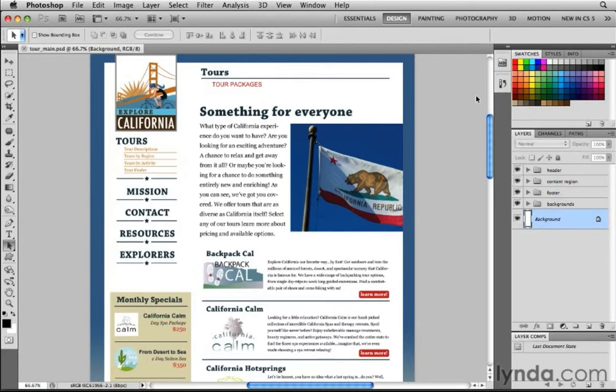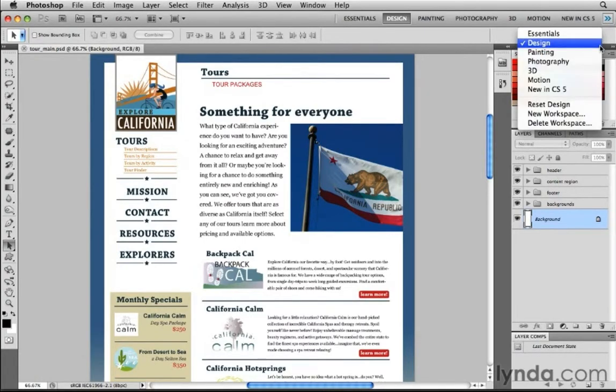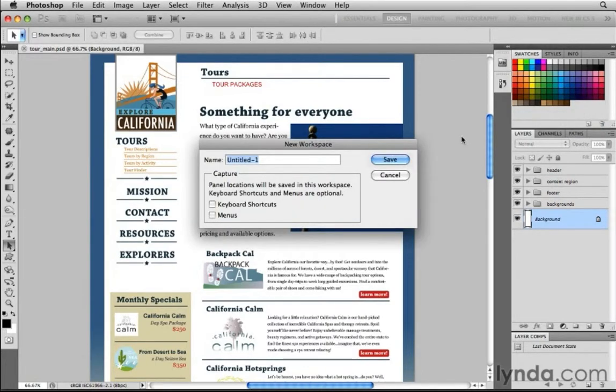But let's say that I like having this panel arrangement for web work, but I still would like to have the original design preset back so that I can use it for print work. In that case, I can save this custom panel configuration separately as a new preset. To do that, I'm going to click on the double-pointed arrow on the right side of the workspace switcher, and I'm going to choose New Workspace. In this window, I'll give my new workspace a name. I'll call this My Web, and that's all I have to do other than click Save in order to save